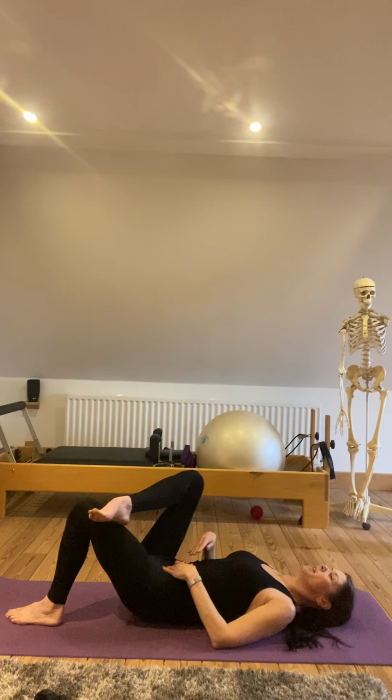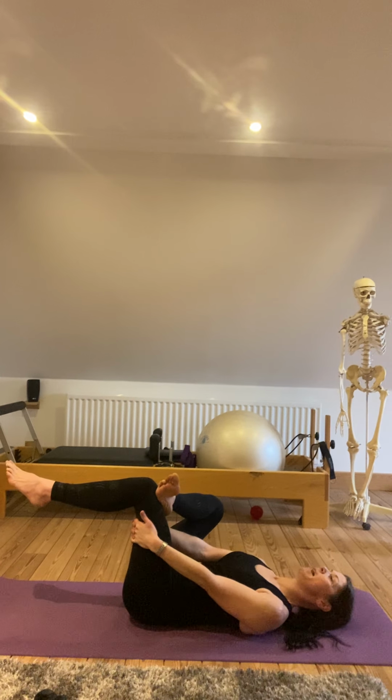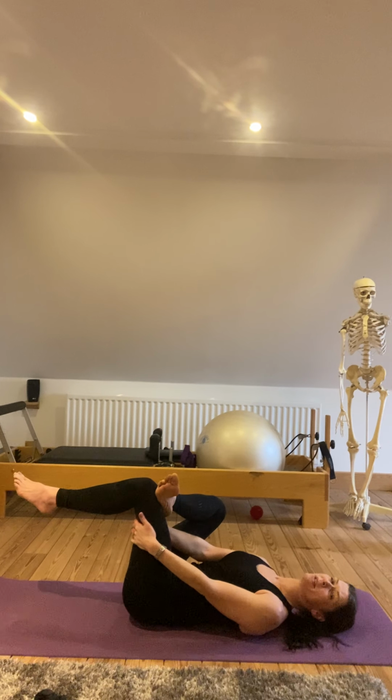Right ankle onto left thigh. Nod the chin, curl up, pull the left leg in. Left ankle behind the left knee, knee over the hip. Pull the thigh, work the right knee out to the side. Tuck the chin. Remember, some of you, when this is really, really tricky, feels really tight, lots of pillows under